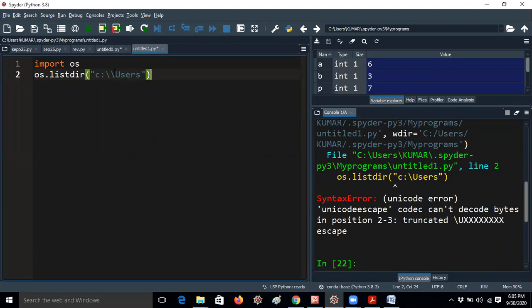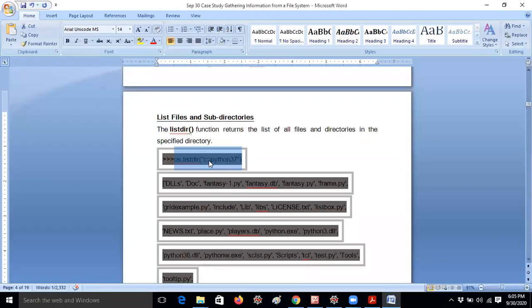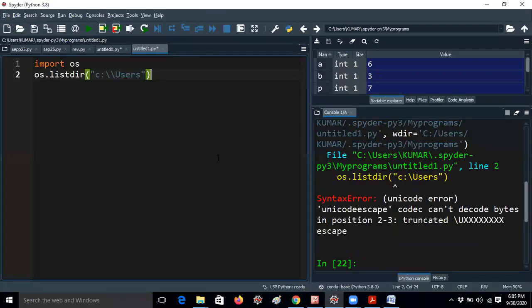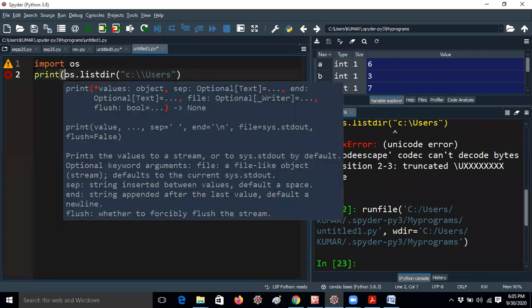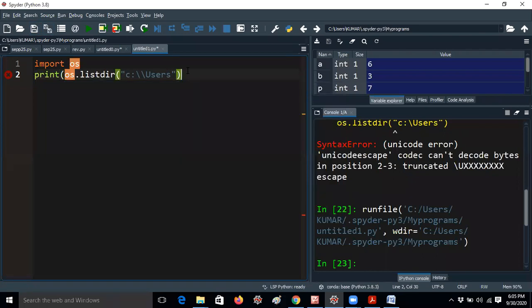Okay, fine. So here I have to give /. I think in the notes it is wrong. Okay, I will change it, no problem. Control S. Okay, so now you can check guys. So now I am giving list directories. I'm running the program guys. One minute. I would like to give a print statement because I'm not printing here. I'm just giving a print statement and I will run the program.